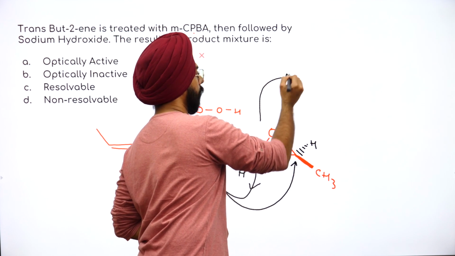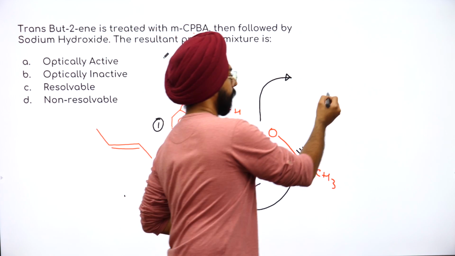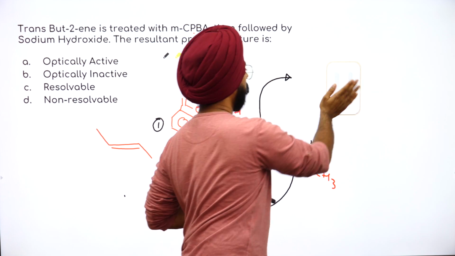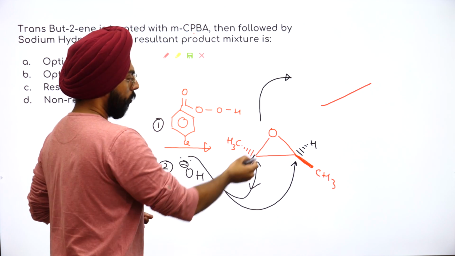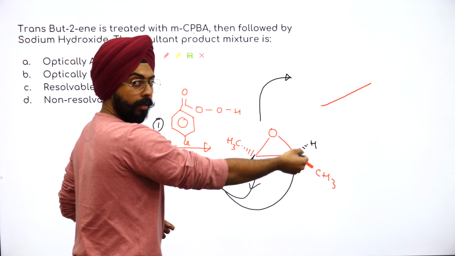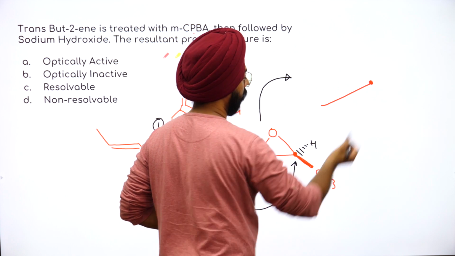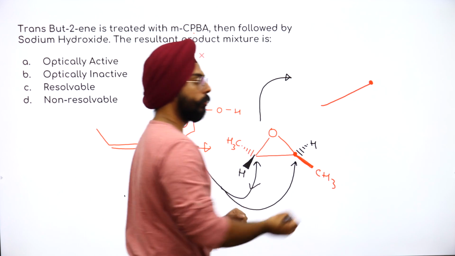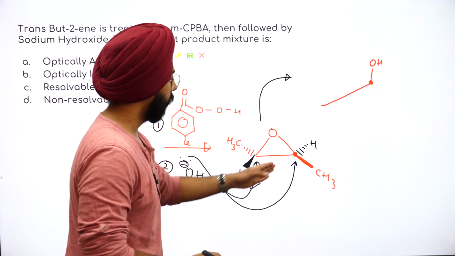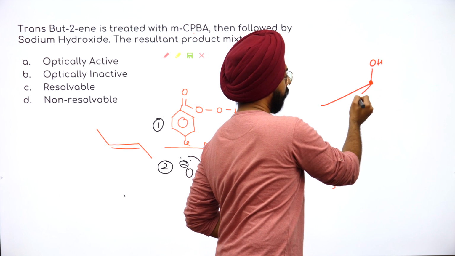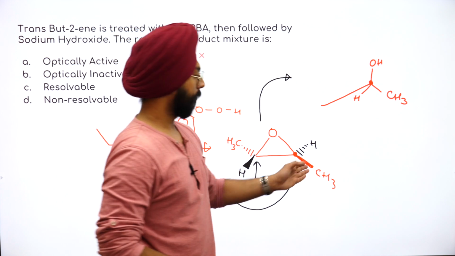तो ये केस मैं अगर बनाऊंगा, what will happen? Let's see. I will straight away make a Sawhorse projection. ठीक है, ये बीच वाला कार्बन, let's make it with red color itself. All right. On this carbon, ये जो back वाला कार्बन है, this carbon which I have highlighted with the red dot, this is that carbon. Okay, so on the top you'll have this oxygen जिसका OH बन जाएगा eventually when you put some solvent in it. Then you will have hydrogen on the left hand side and you will have the CH3 on the right hand side. This is what it is.